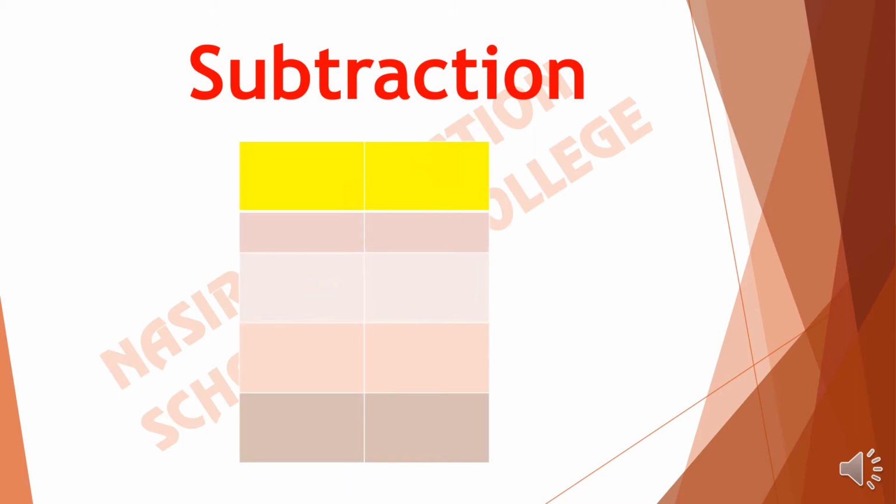Here a chart has been shown. On the right side there is units, and on the left side there is the tens column. We will write 6 in units place and 1 in the tens place. It makes 16. And we will write 4 in units column because in the second number only a unit is given. We have to subtract 4 from 16 and we use this sign to show the subtraction.